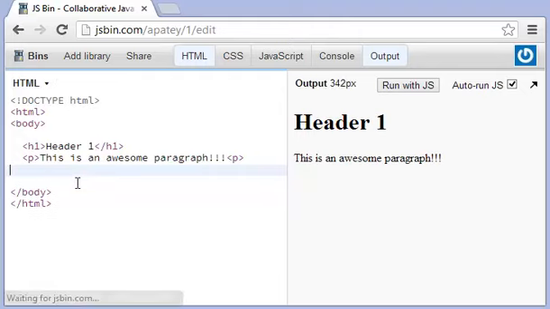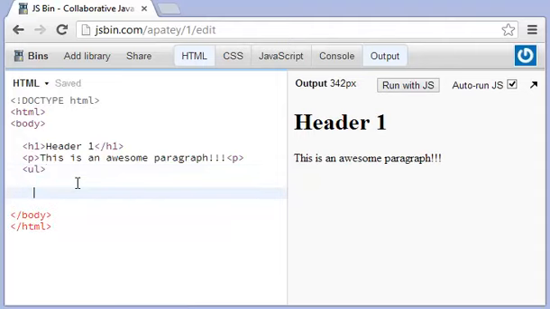So, as you can see here, we have a paragraph, and to make an unordered list, you need to type in the UL and the /UL. See, we do that and nothing happens because we have to add in a list item as well. So, you start off with the list tag, and then you give up the list item tag. So, li, and all it's going to be is we just say maybe item 1, and we have to close